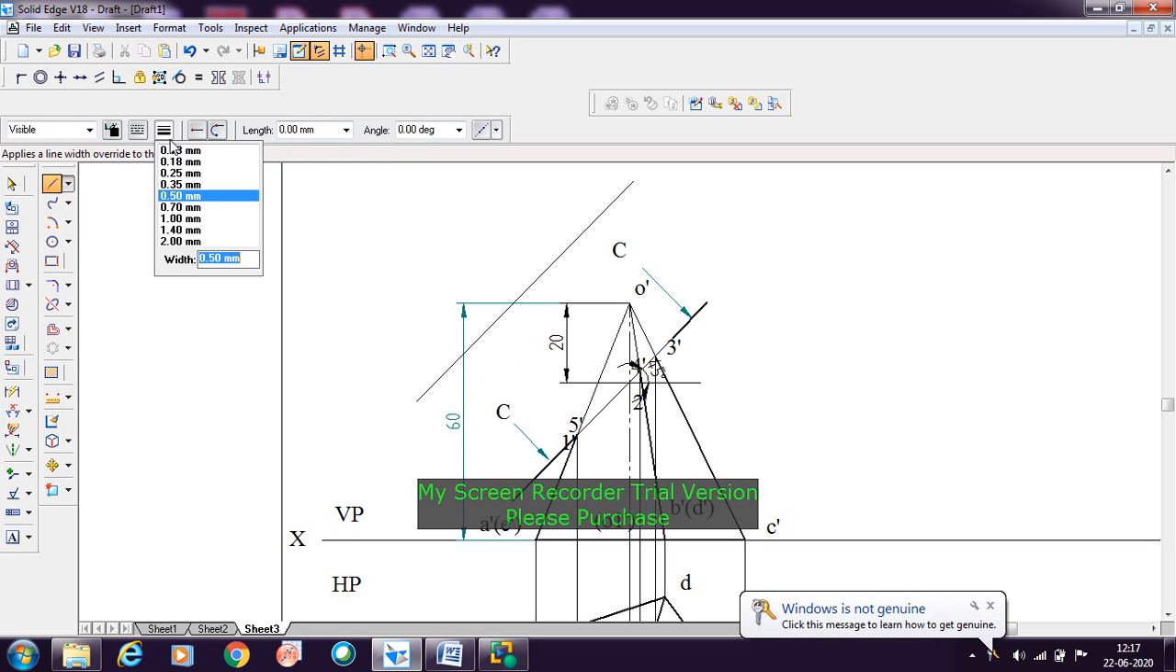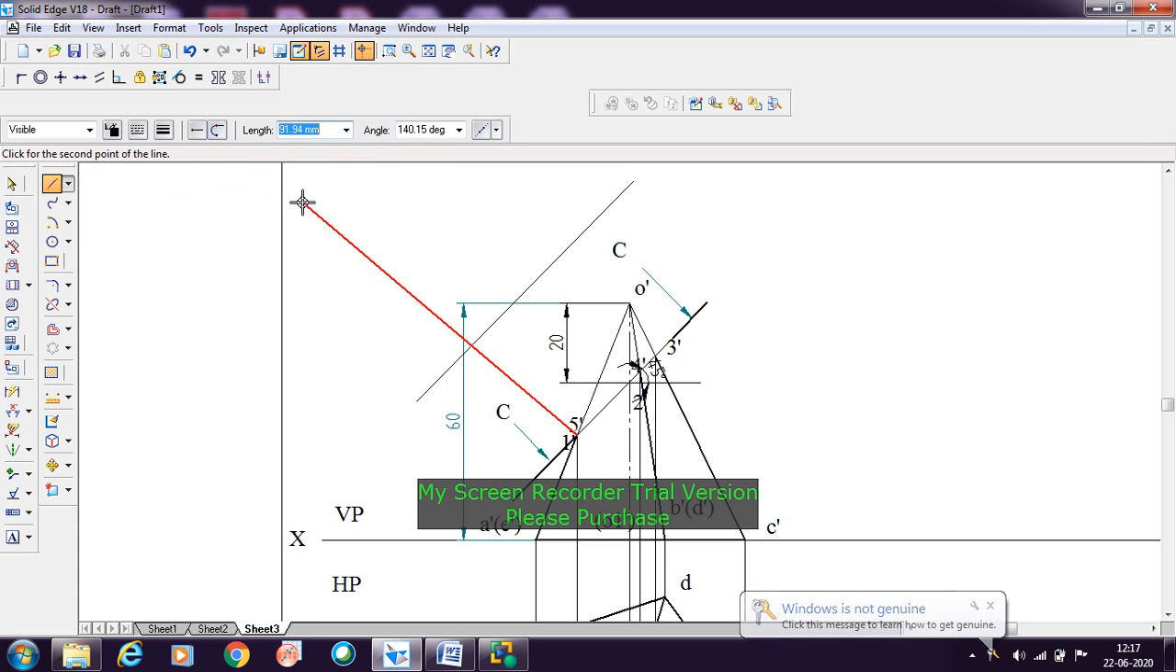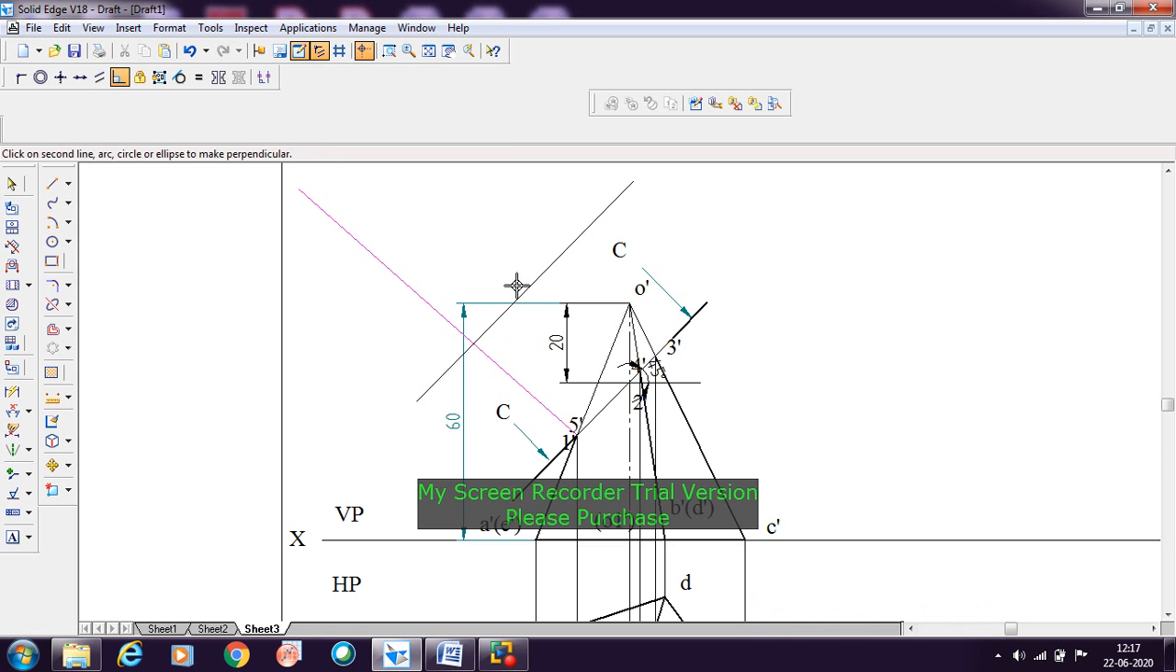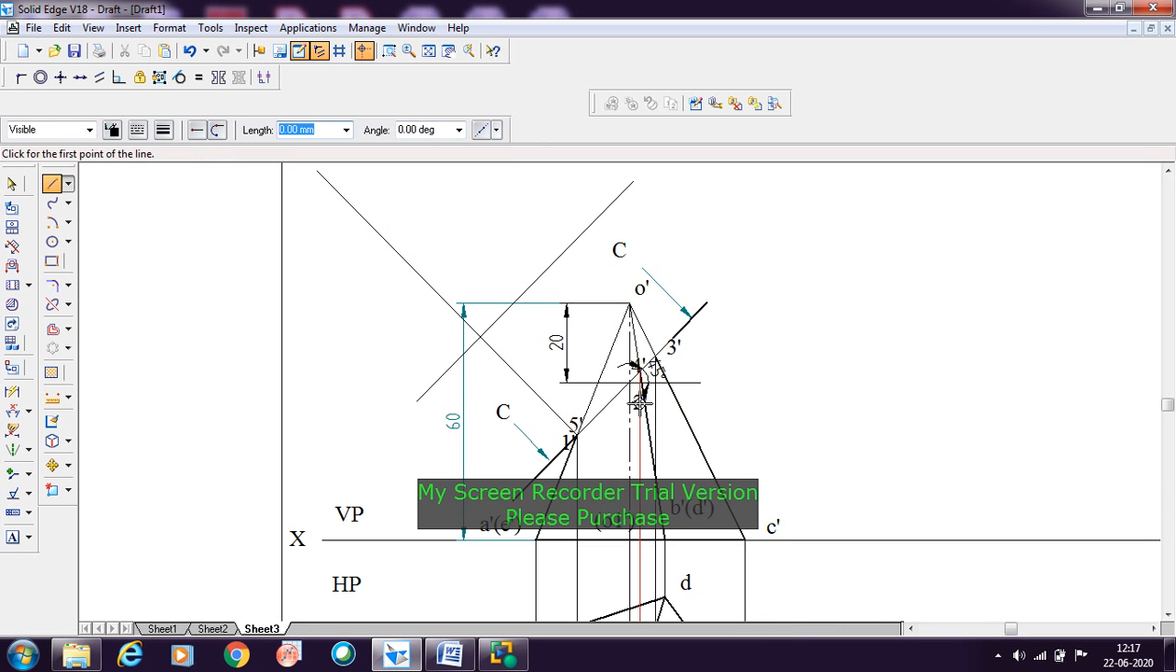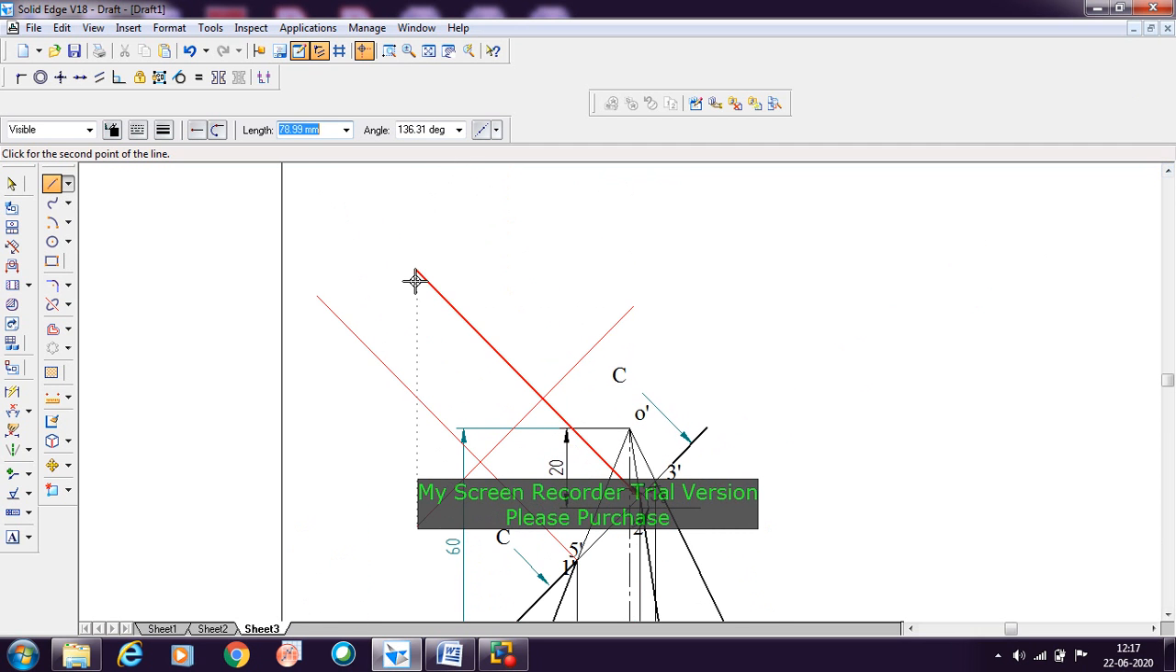Similarly, take the projection line. Now from all these points you need to draw the perpendicular line here, that should be perpendicular to this. So this line should be perpendicular to this one, so you need to make it perpendicular here. Similarly you need to draw it from the other points, and then similarly from the other points you need to